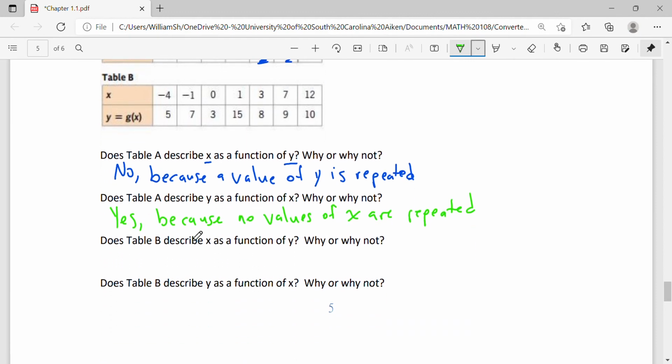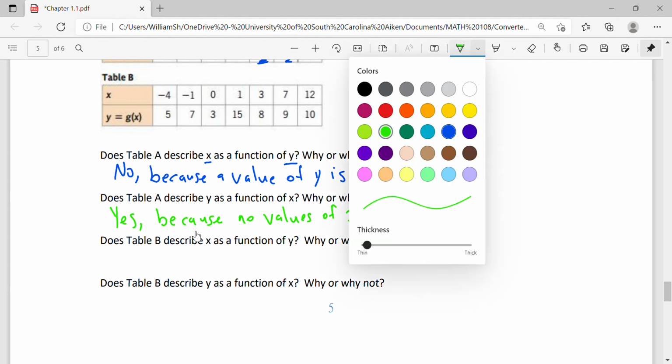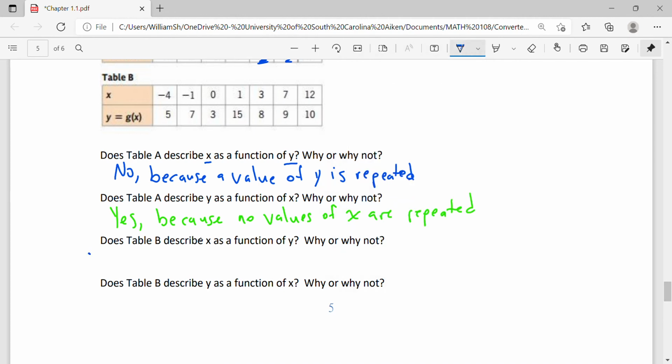Now, let's look at table B. Table B says, does table B describe x as a function of y or not? Okay, I'm scanning down here on my y's, and I don't see any y's under any of these lists that repeat. Remember, we're going x as a function of y, starting with x going to y. None of my y's repeat. So because none of my y's repeat, then yes,